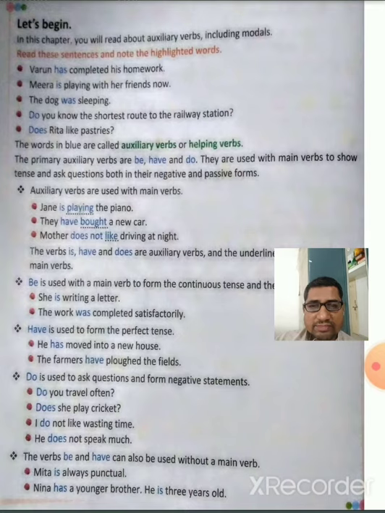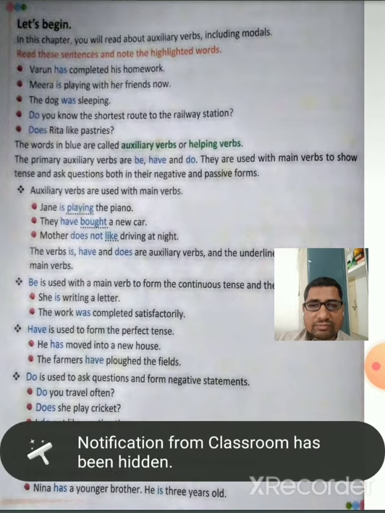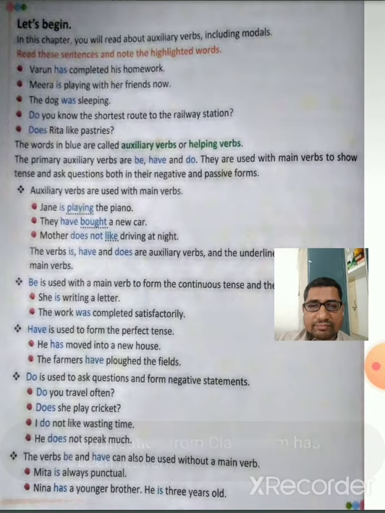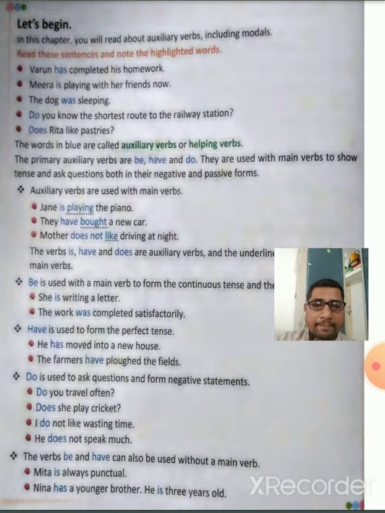Mita is always punctual. Nita has a younger brother. He is 3 years old. Here also the same. Only auxiliary verbs are here. So be and have forms can also be used without a main verb. Now